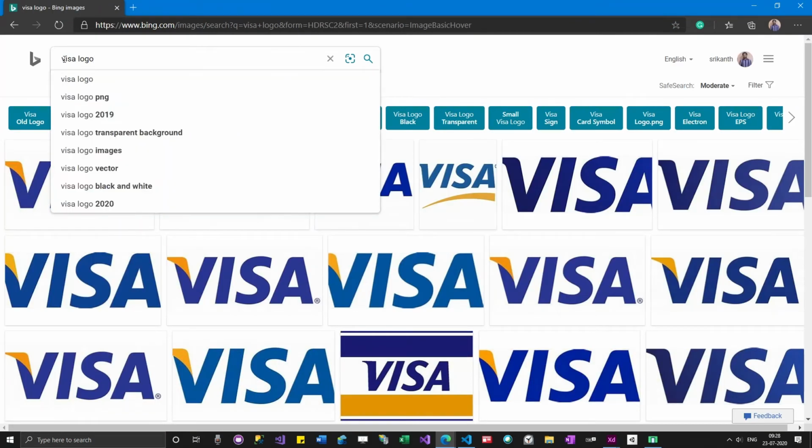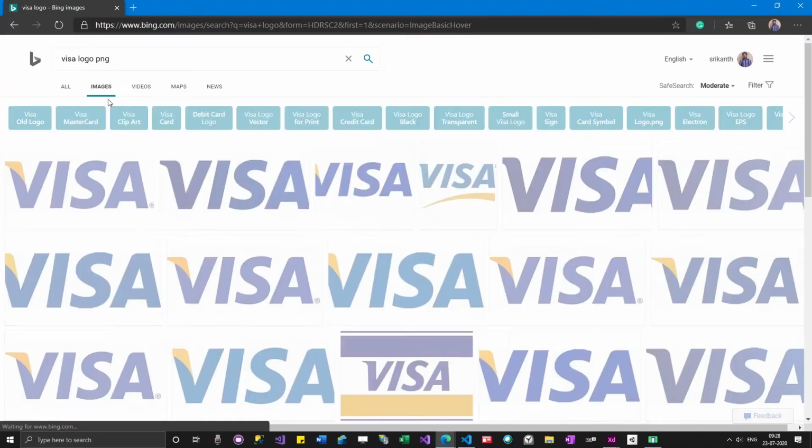What else do I need to add while searching for the logo, guys? PNG image, or transparent background. So PNG is fine enough.